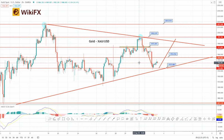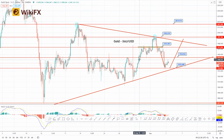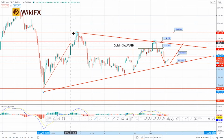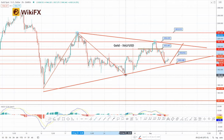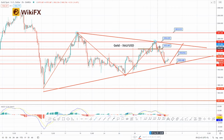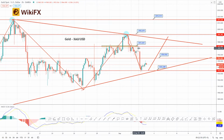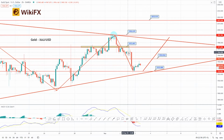Precious metal gold. Guys, as we can see on the 2 hourly time frame, we discussed the symmetric triangle pattern that gold was forming. As you can see here, the market was trading in between a symmetric triangle pattern, and gold was trading somewhere around here when we discussed that there are strong odds of bearish bias below the 1973 level, and below this the market was forming doji patterns, spinning top patterns, or candles, and